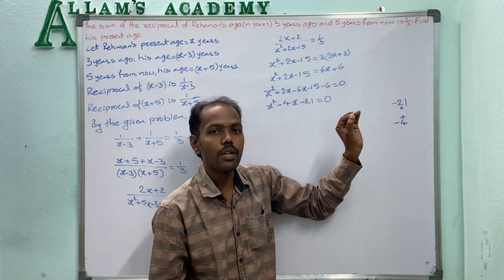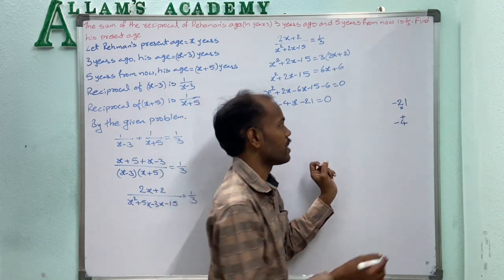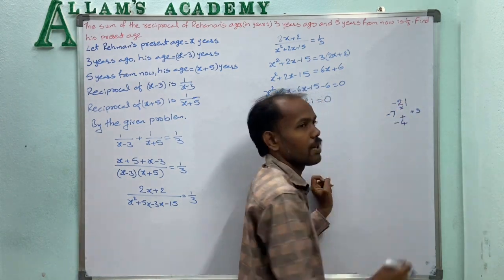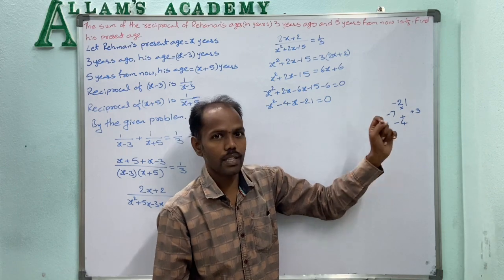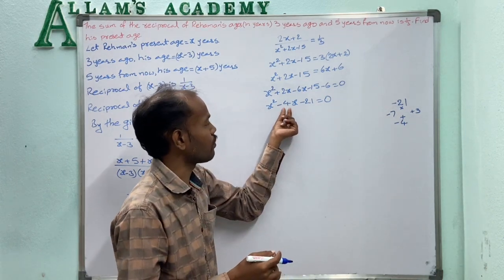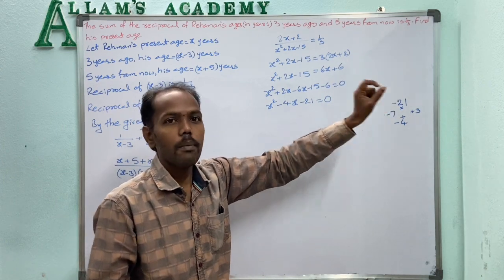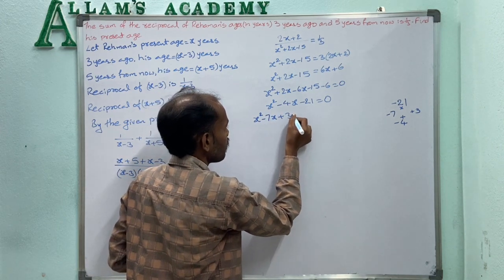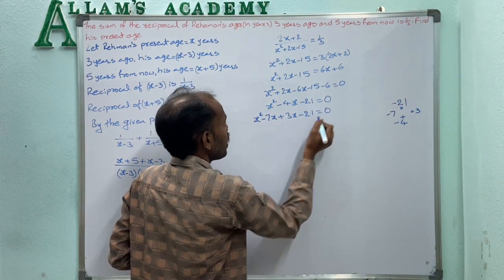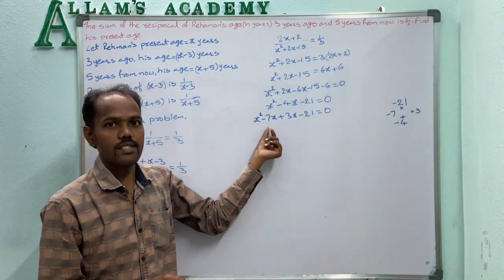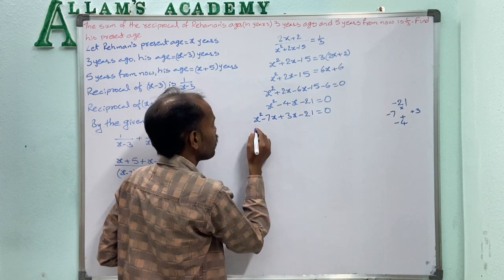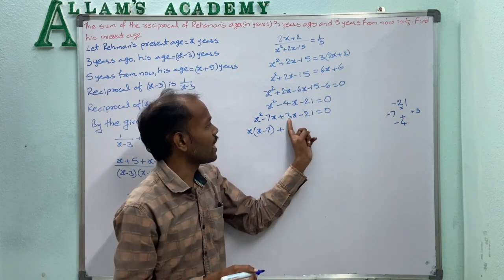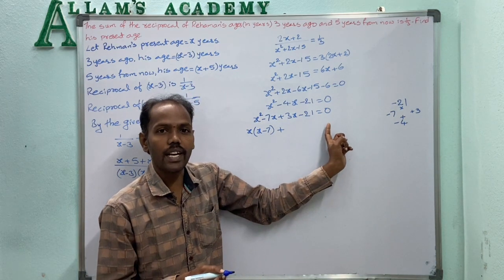That means which two numbers product minus 21, addition is minus 4 coming, means they are nothing but minus 7 plus 3. So minus 7 into plus 3 is nothing but minus 21, minus 7 plus 3 is nothing but minus 4. So now in the place of minus 4x we will write minus 7x plus 3x. So x square minus 7x plus 3x minus 21 equal to 0. Now here x square means we can write x into x, 7x means 7 into x. So now in this both x is the common one, that x common taken means x minus 7 plus, now 3x means we can write 3 into x, 21 means we can write 3 into 7.